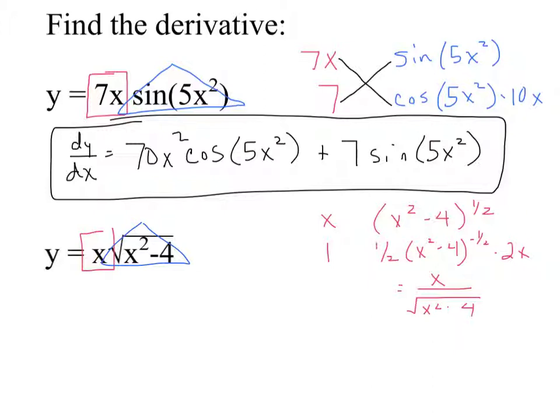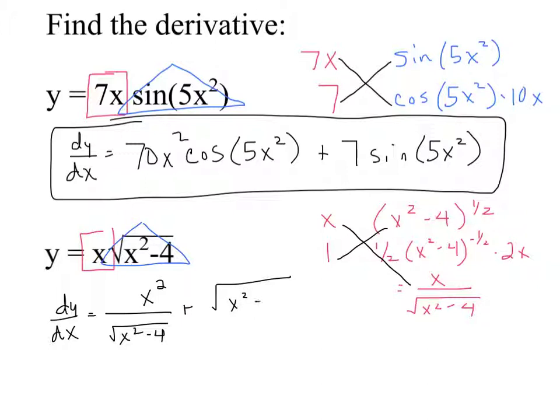So as I write this, I do first multiplied by the derivative of the second. Well, x multiplied by x over the square root of x squared minus 4 becomes x squared over the square root of x squared minus 4. Okay, because we multiply, of course, x into this, so it's just multiplied by the numerator. Then we do the second function times the derivative of the first,